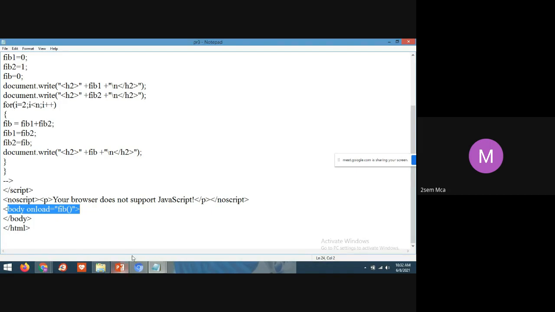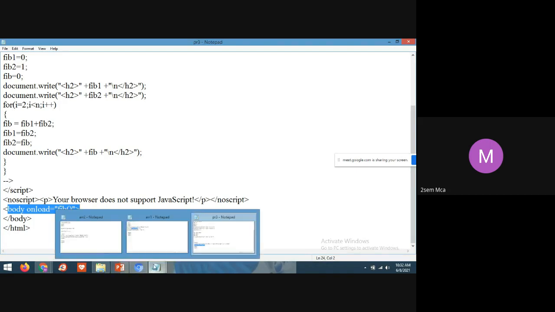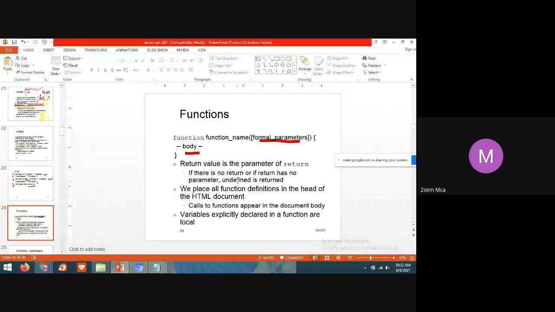Yes, students, this is one example. The remaining examples in detail we'll see in the next class.